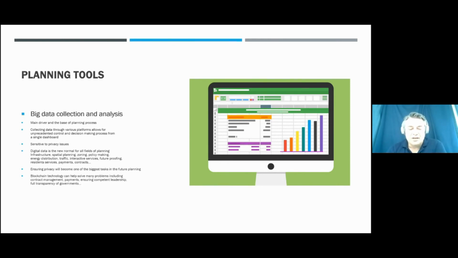The same thing happens here. If we set up all sorts of platforms that are collecting data: how many people, how many cars? Are the cars for residential use only? Are the cars for commercial use? What will happen here and there? If you put sensors in the streets, in lighting systems, or in all sorts of places, you can gather data.